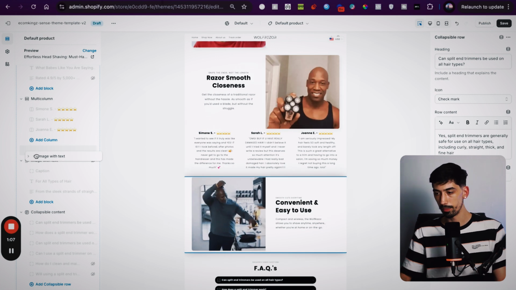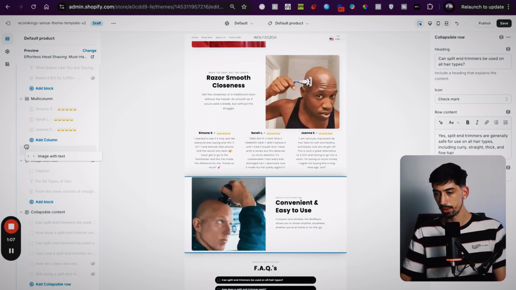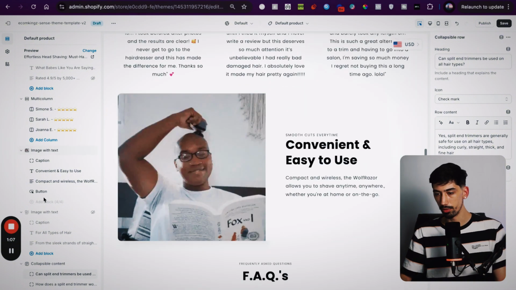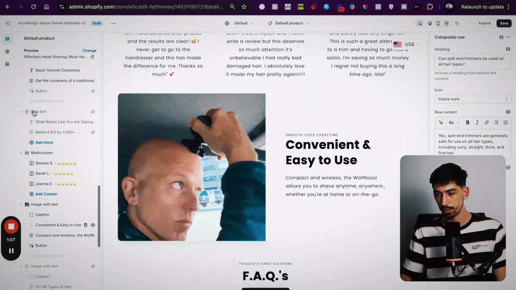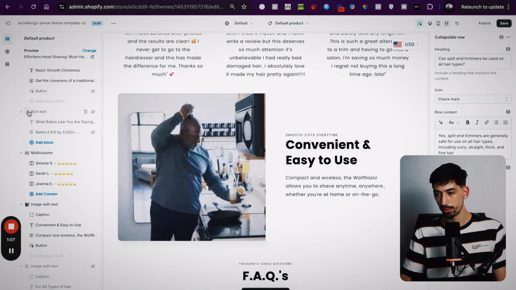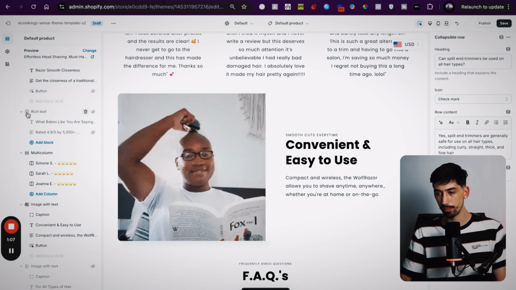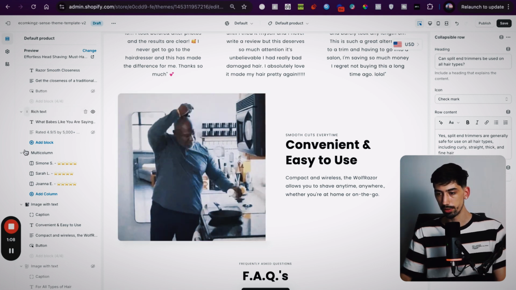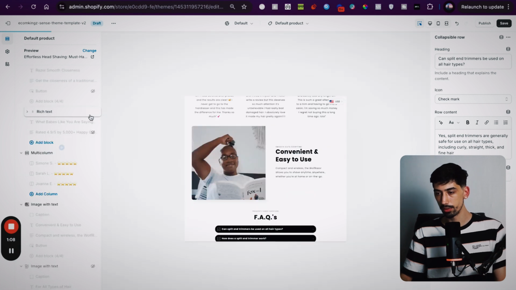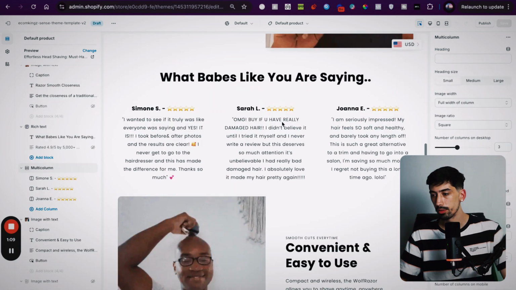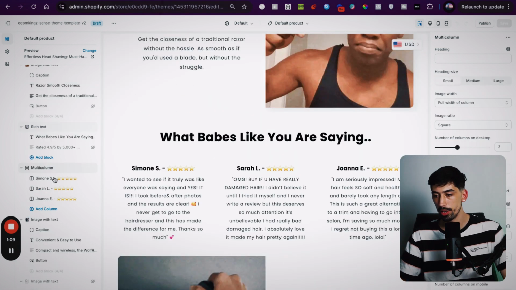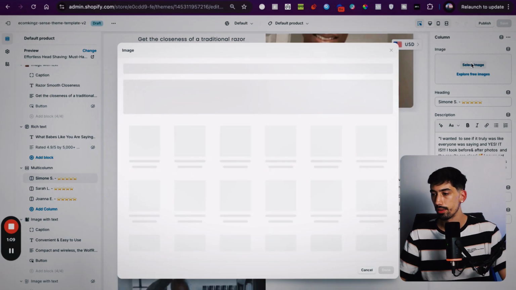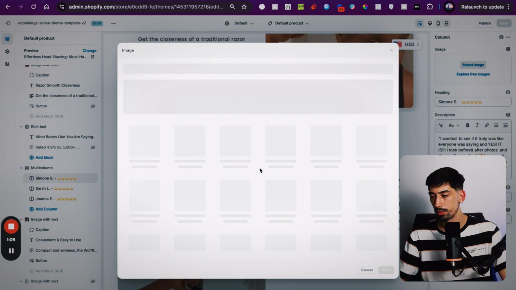So I'll put it there. And then move up the rich text. Move this down. I'll put it, and then just put this under this. Oh, sorry, you don't gotta move it. It's already there. So you guys could edit this multi-column. So just select on here. Okay, so we're gonna select